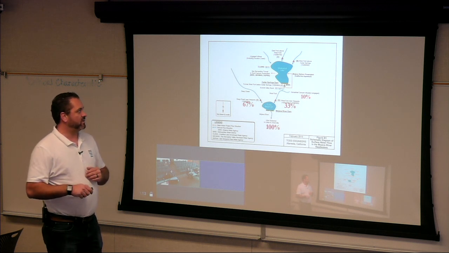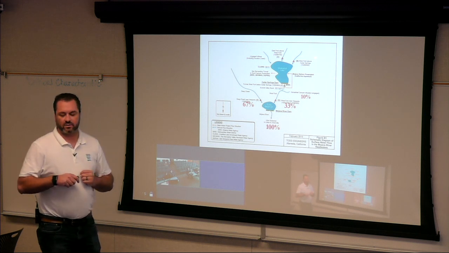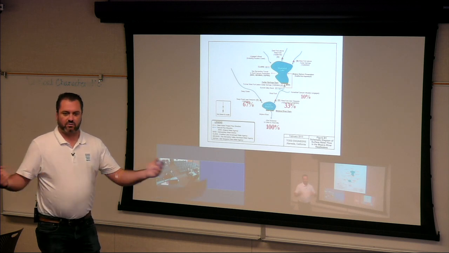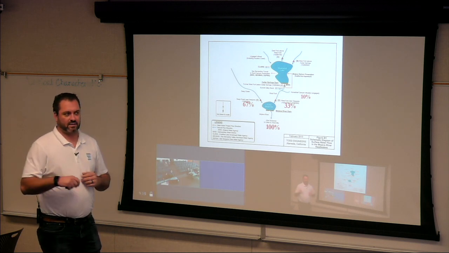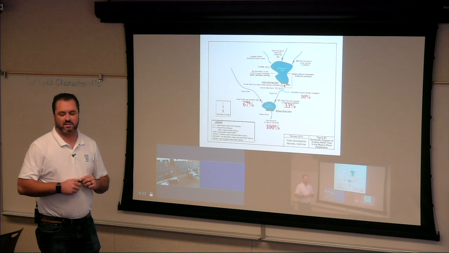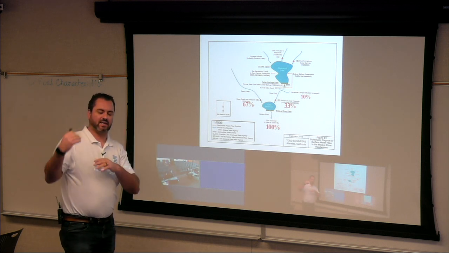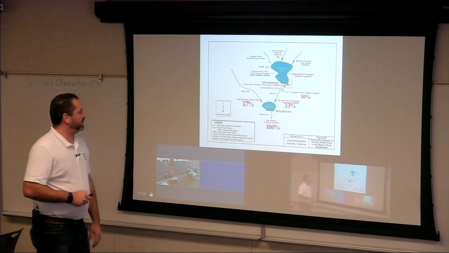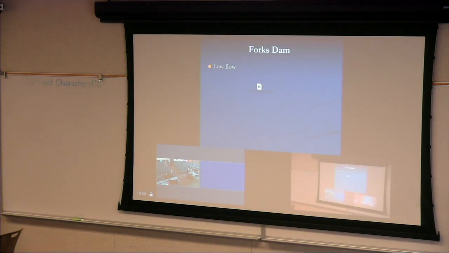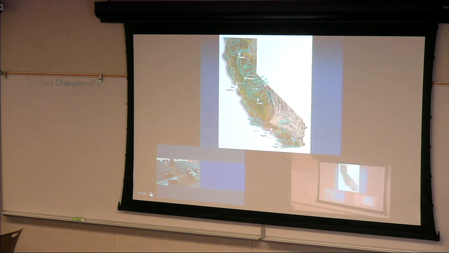And when there's a rain event, there are DWR folks camped out at Silverwood. They have huge slide gates and valves that can release more than 10,000 CFS. So whatever's flowing in, they judge on the lake level, and they can release that. Now we're going to show you what a typical rainstorm looks like. This won't happen with the snow, because we all know snow stays, and we like snow better than rain